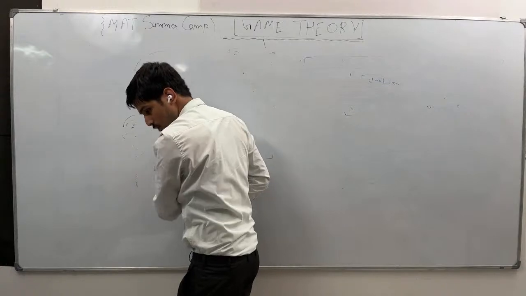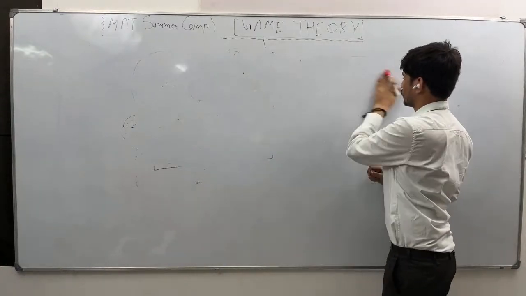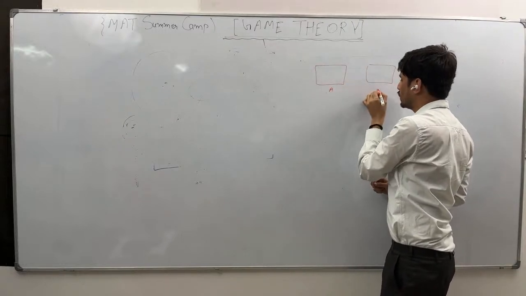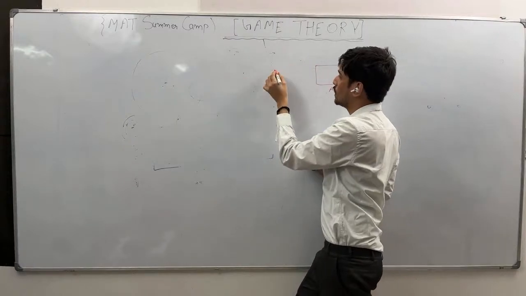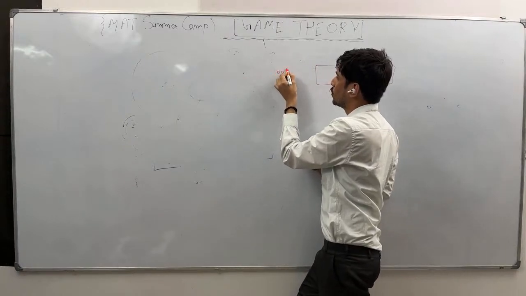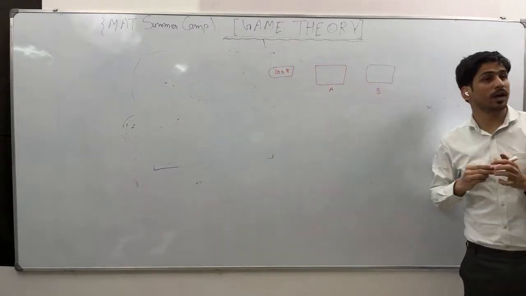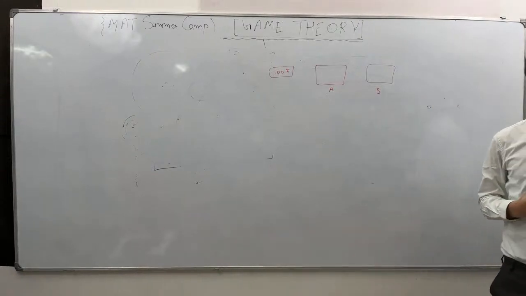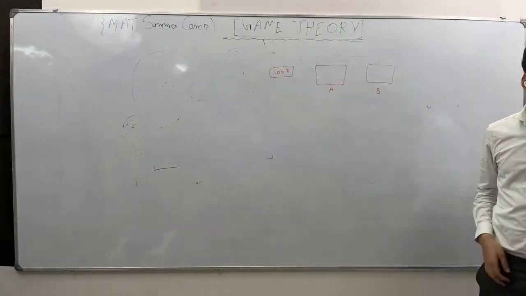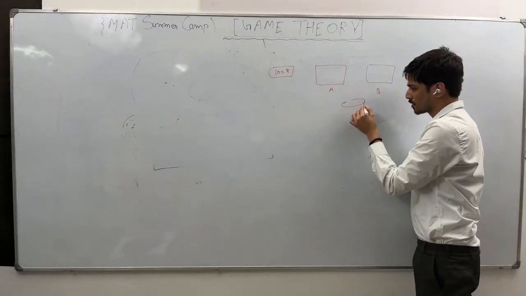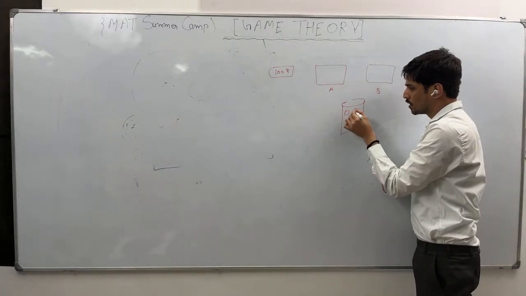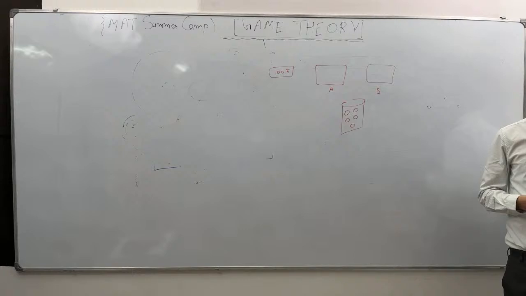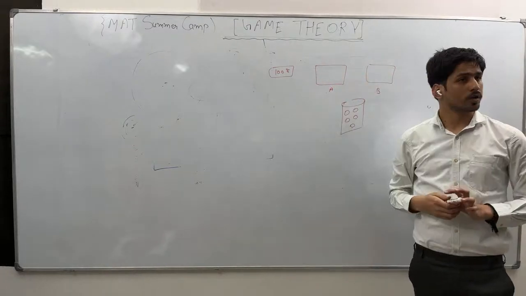Now let's move to the next problem. Let's say there are 2 boxes. Let's say this is the envelope and this is the envelope. And let's say this is envelope A, and this is envelope B. In one of the envelopes, I have put a 100 rupee note. But I don't know which envelope has the 100 rupee note. And if I ask you to randomly pick one, how much chance do you have? 50%. To increase your chances, I have a box. In the box, I have 5 balls. In each of the balls, I have written the name of the envelope in which the 100 rupee note is there.